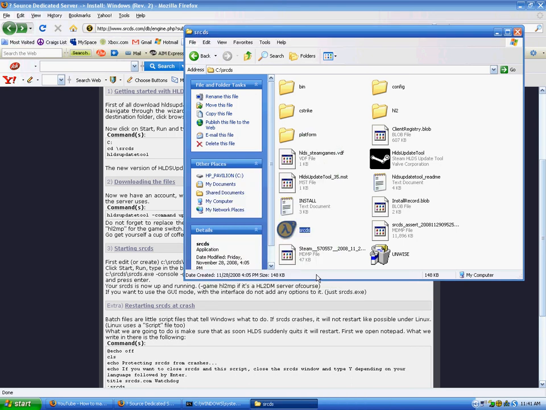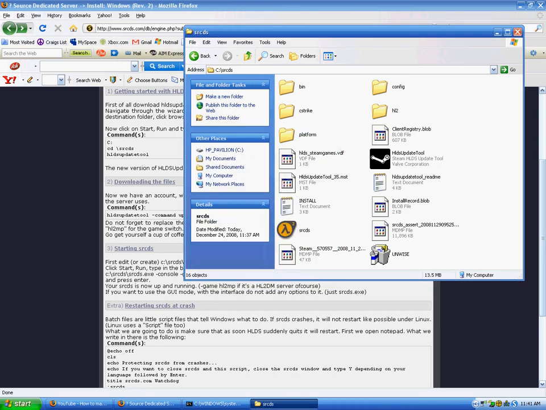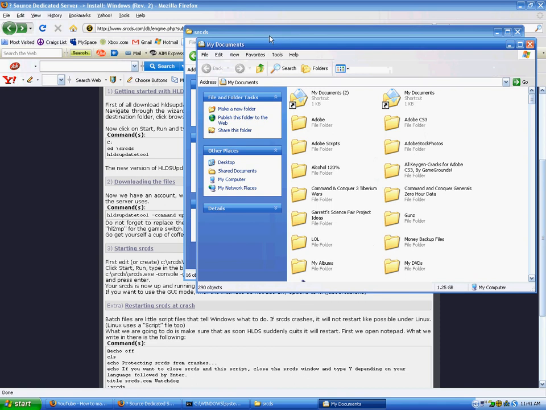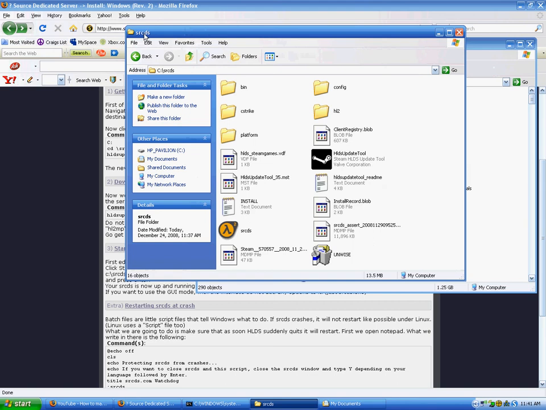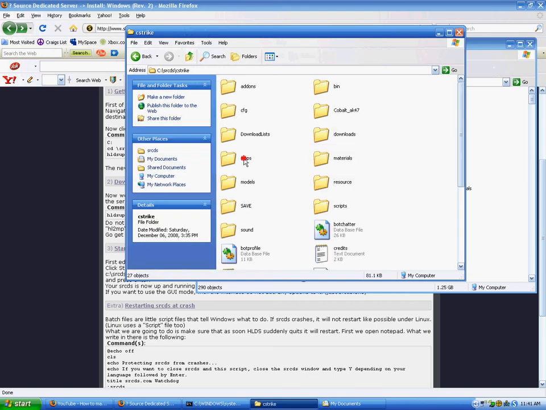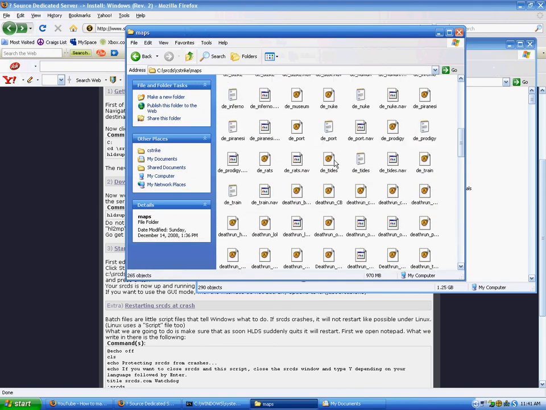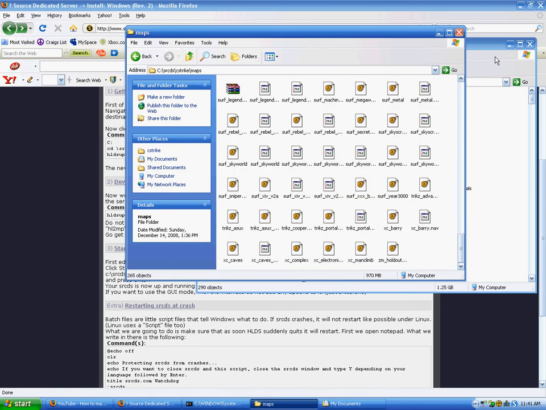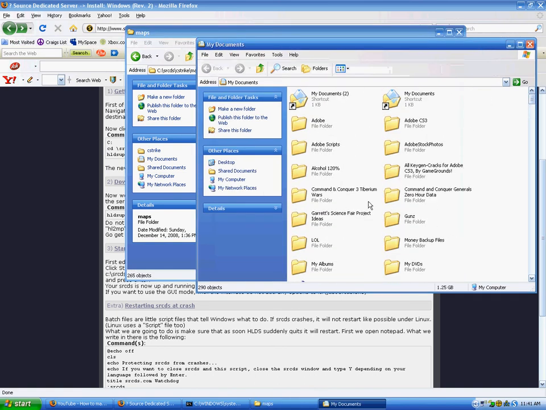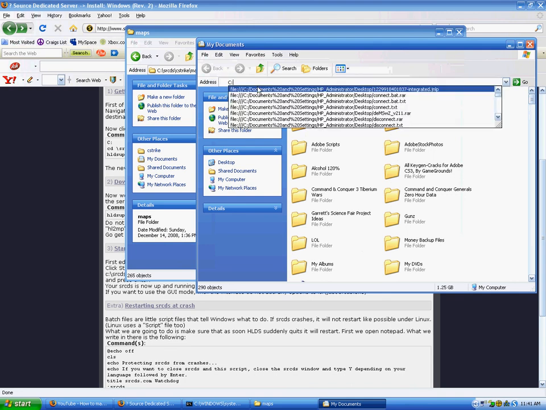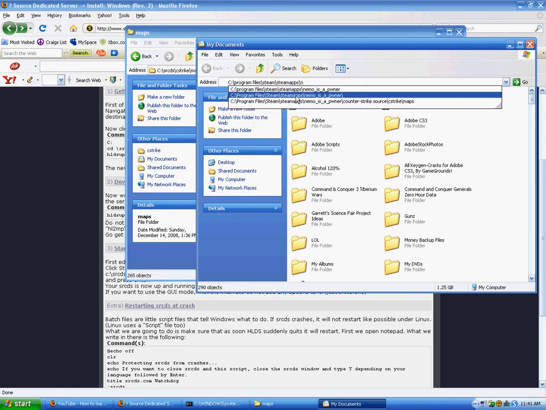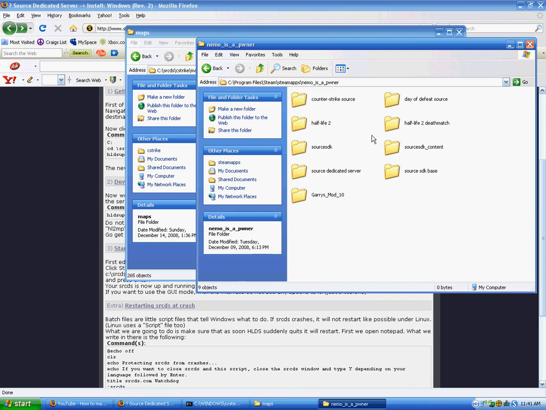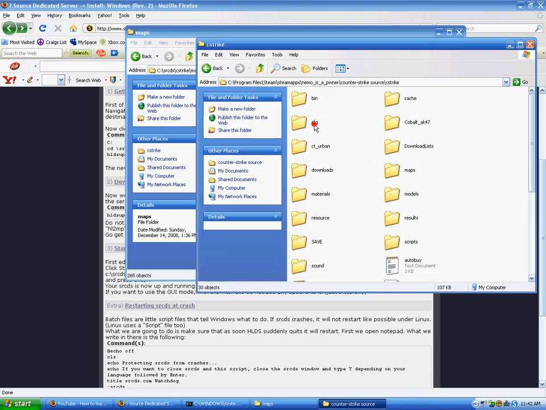But for now, I'm going to teach you how to add maps to yours since it doesn't go straight to your server folder. In that folder, go to cstrike and go to maps, and it's going to start out with only the maps that it gives you when you first install Counter-Strike. Then you need to open up a new My Documents and type program files, steam, steamapps, your username, and go to Counter-Strike Source, cstrike,